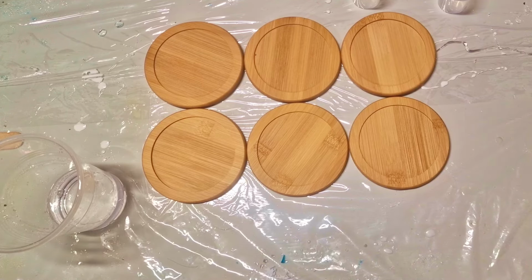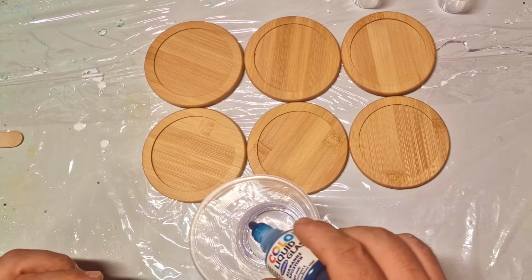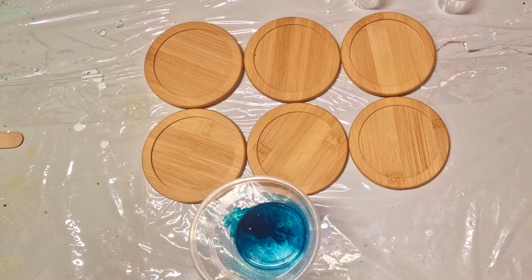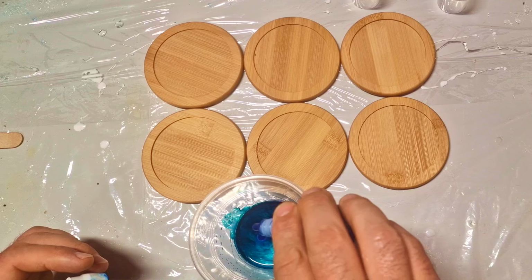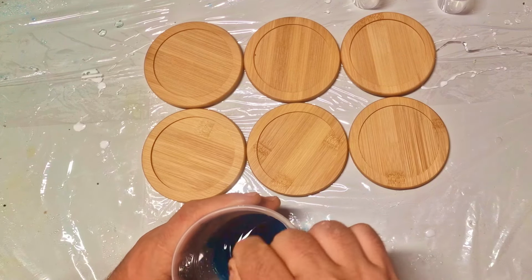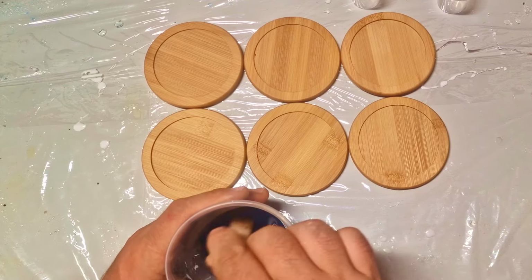All right, so I want to use some teal. I tried to fix the color grading on my phone, but somehow my phone's camera distorts the colors and it does it in post, and I'm not good enough in coloring in DaVinci Resolve to get the original hues back. So I added some teal and I added some blue. Now I'm gonna mix it up